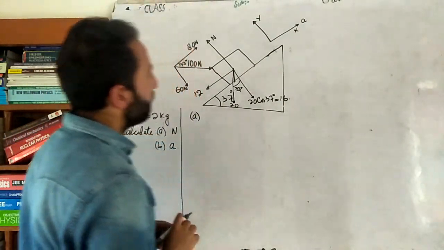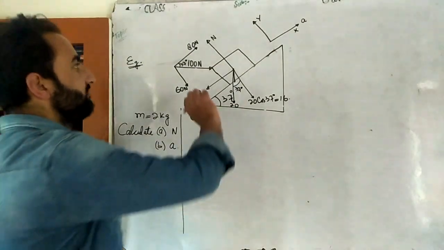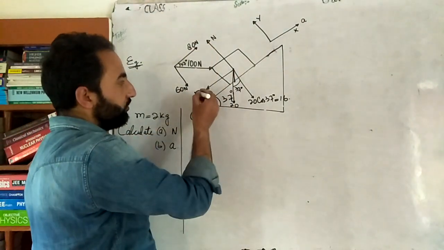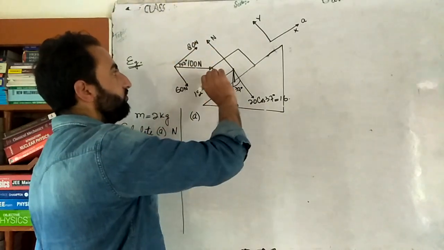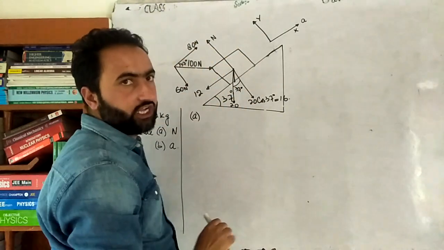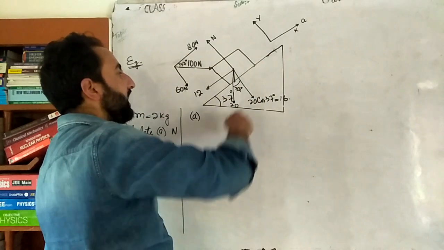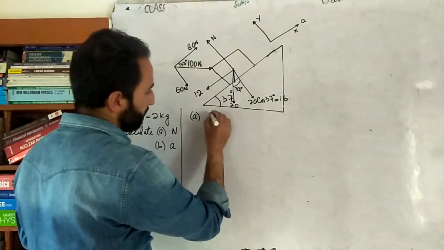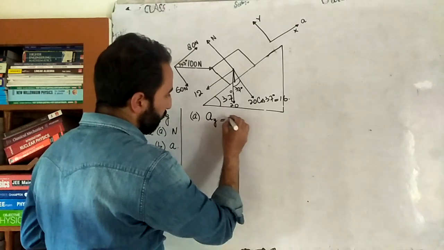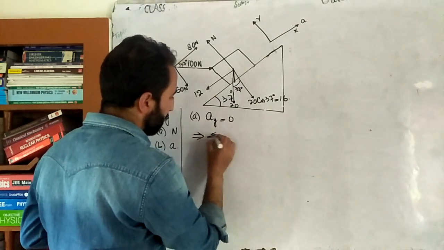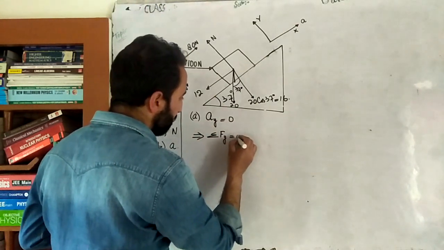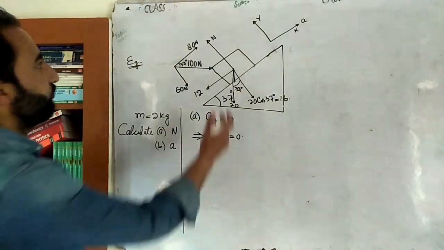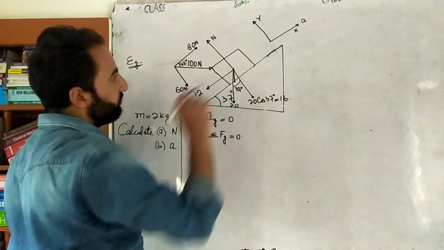Now the block will accelerate along the x-axis in this direction. This force is shorter, this is 12 newton, this is 80 newton, so this is greater compared to this. Because of this greater force, this block will accelerate in the upward direction along the inclined plane, and the acceleration of the block in the y direction is simply equal to 0. That means the acceleration of the block along the y direction is 0, which in turn implies that the summation of all the forces along the y direction must be equal to 0. So the force upwards must be equal to the force in the downward direction.